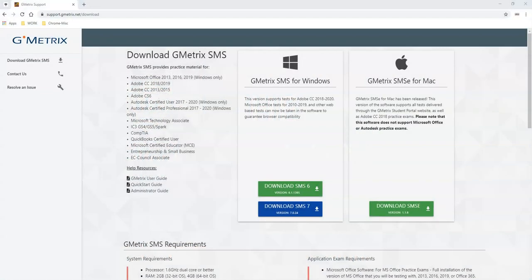For easy access to GMetrix, we recommend that you install it to your Windows computer or laptop. If this is not possible, then GMetrix is available to use on university computers. So GMetrix is designed for the Windows platform, and to install it to your own device, go to